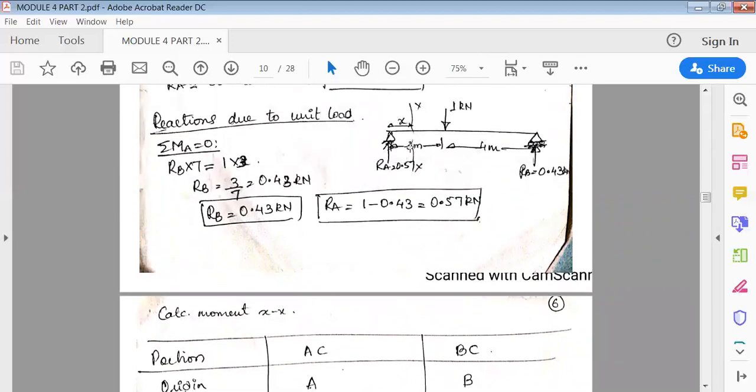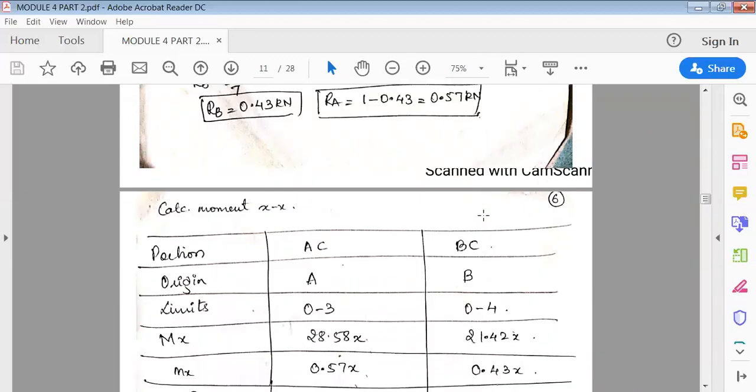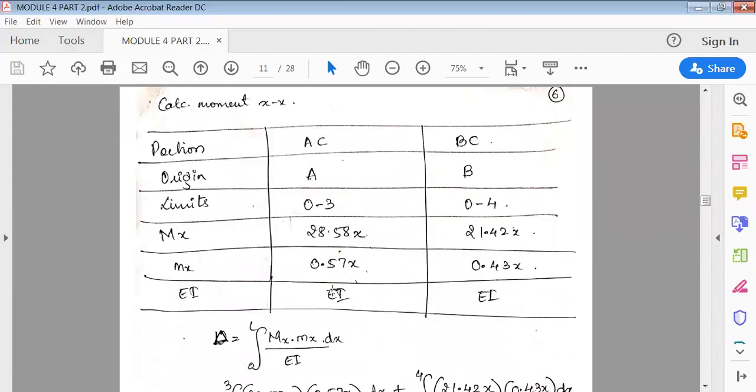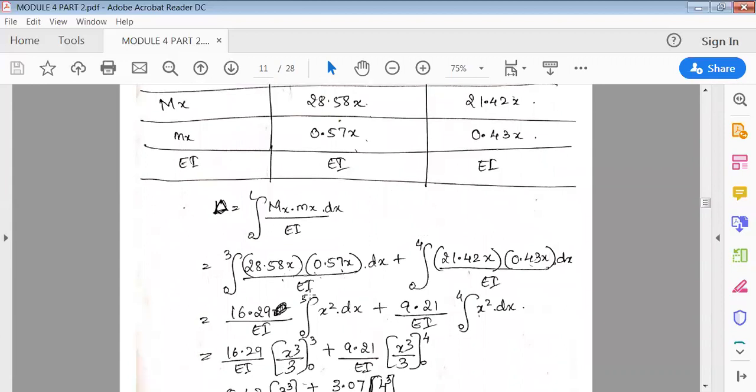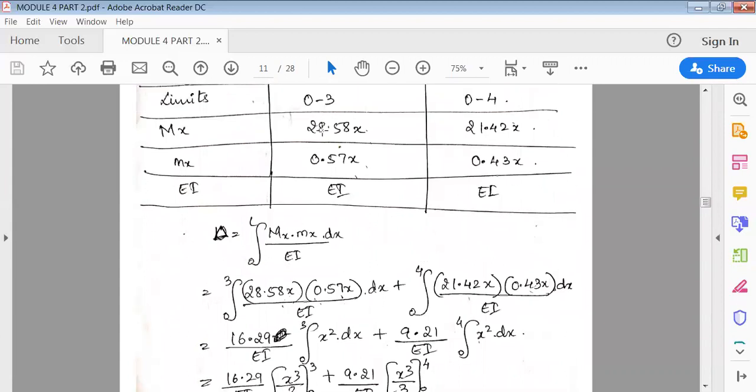Again, I'll cut the section here to the left side, 0.57 into this distance. Next, when I cut the section here, 0.43 into this distance. Okay, so EI is the same throughout. Once you get these values, the next thing is only substitution and